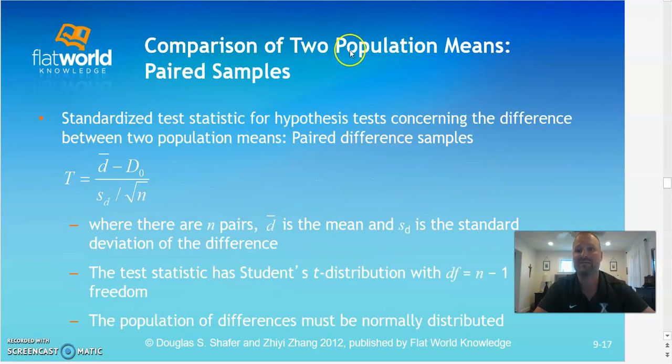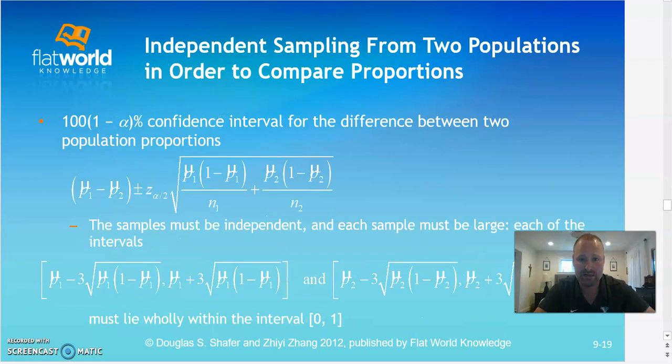And then the comparison of two population means, paired sample, the standardized test statistic for the hypothesis testing concerning the difference between two population means is a paired difference sample here, okay? Where D with a line over it is the mean and S sub D is the standard deviation of the difference, okay? So what I'm going to do right now is I'm going to run you through an example